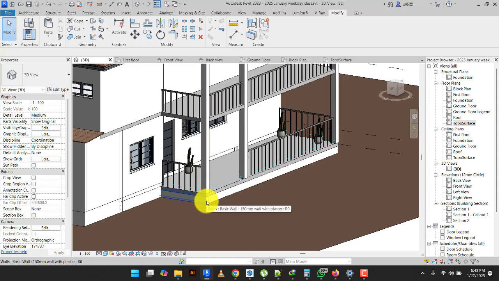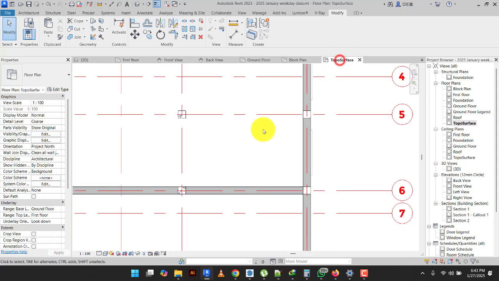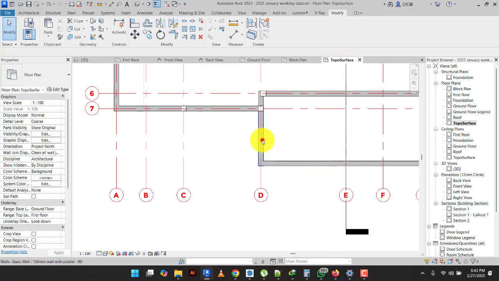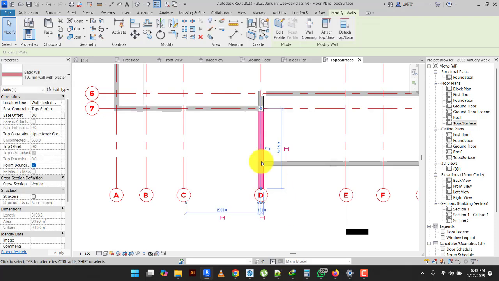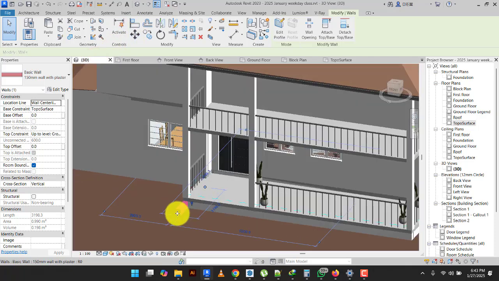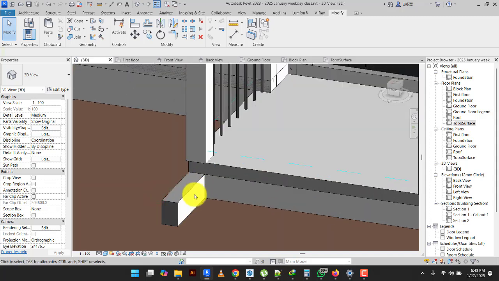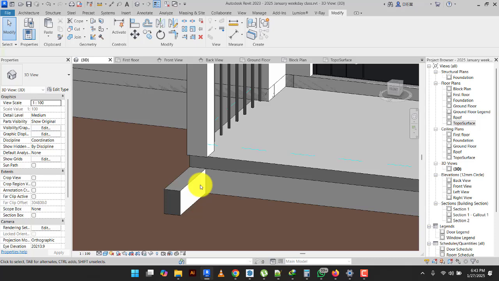So here, down here is the topo surface. I go to my topo surface, and I can even select this wall and drag it to extend it just to get the wall. Then in 3D, you see this wall here. So you're going to select this wall, this side, as our target. So to do that,